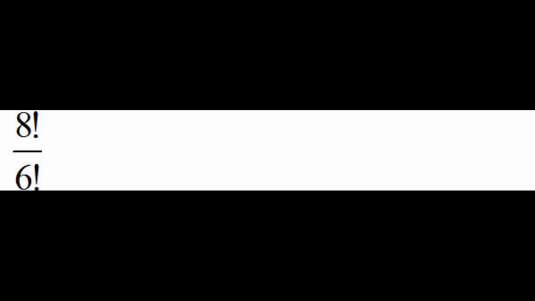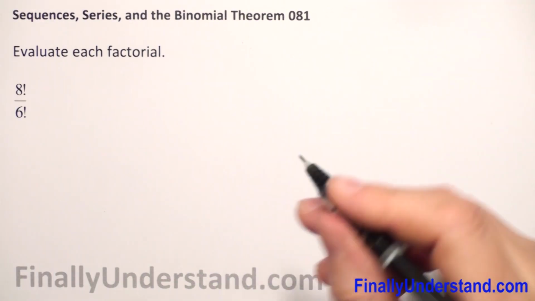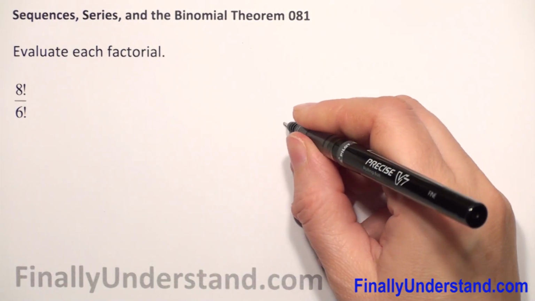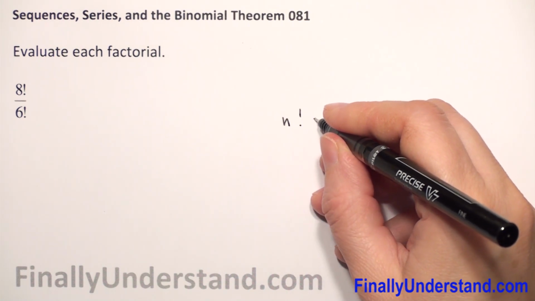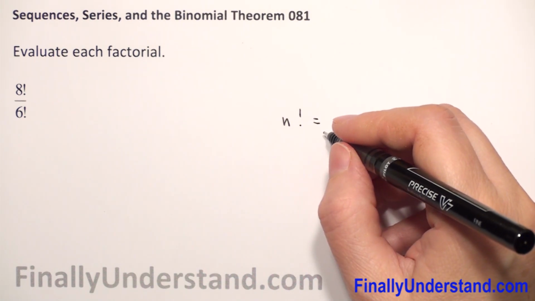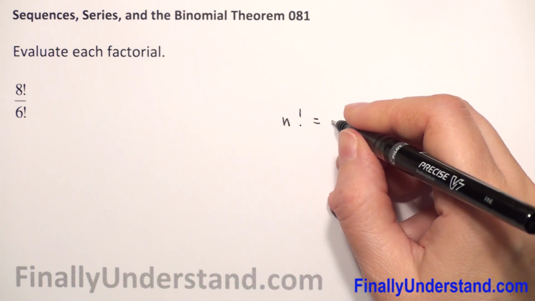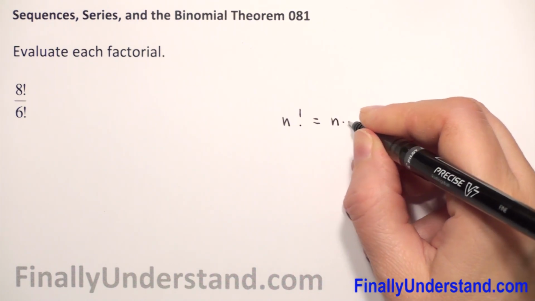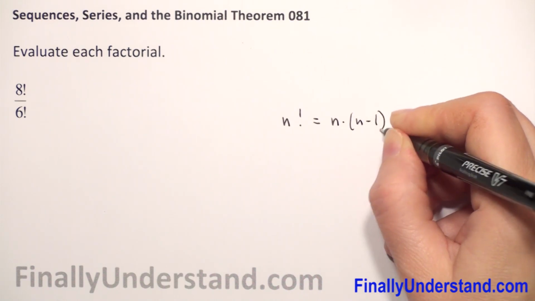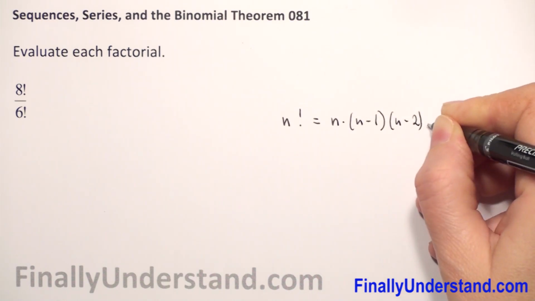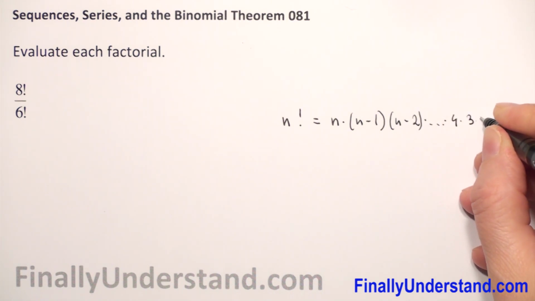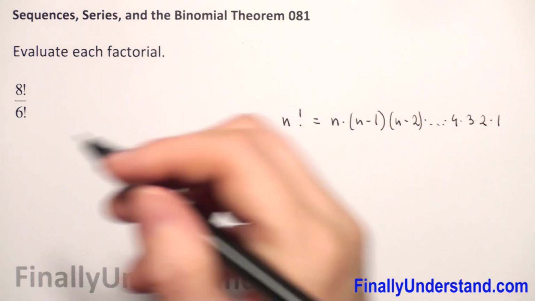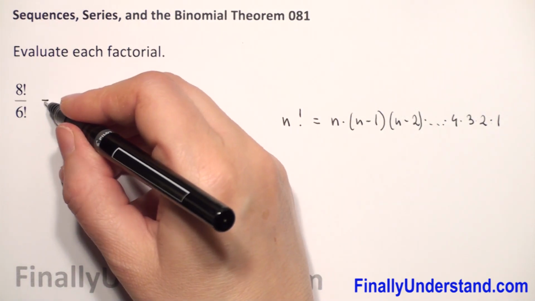Evaluate factorial. We have 8 factorial over 6 factorial. First, let me remind you, the symbol n factorial represents the product of the first n positive integers. So this is n times n minus 1 times n minus 2, and so on, until 4 times 3 times 2 times 1. So when we have 8 factorial, we can rewrite that this is